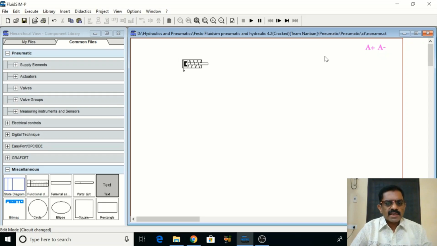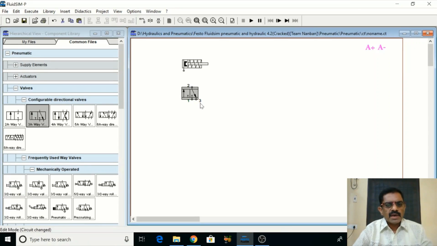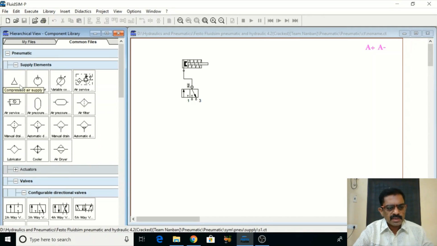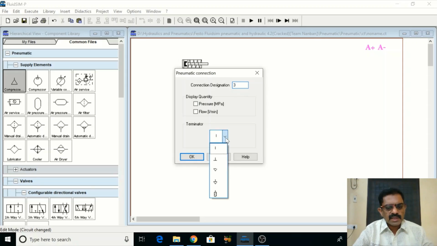So using electrical controls, for this I need a 3x2 valve. So go to valves, and 3x2 is enough because it is only a single acting cylinder. Let me connect this to input, and here I can connect a supply element, a compressor, and here I can choose exhaust.